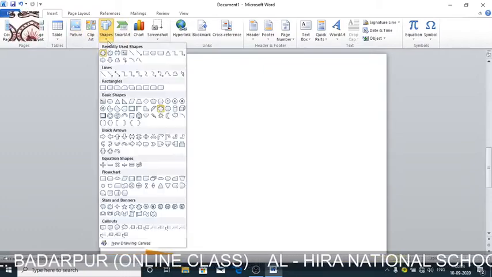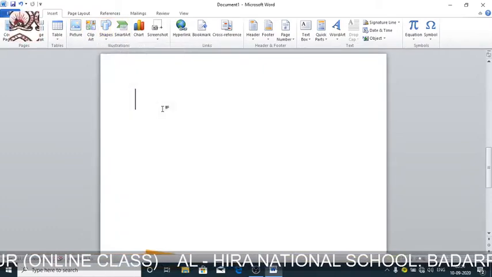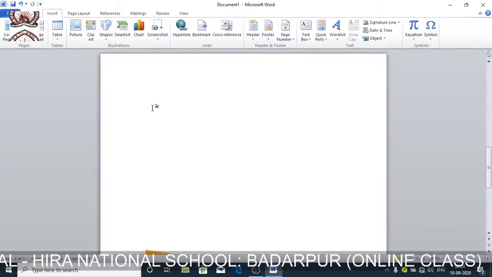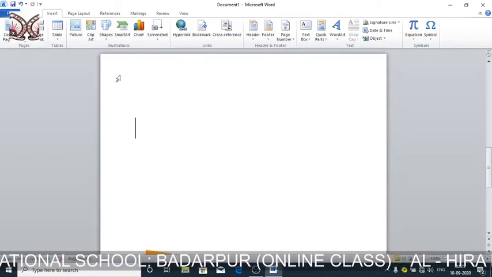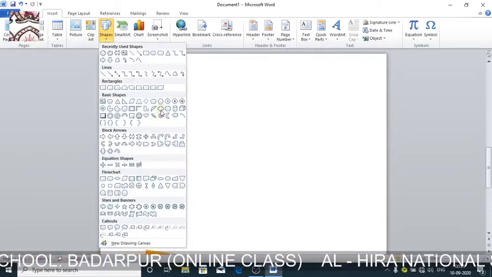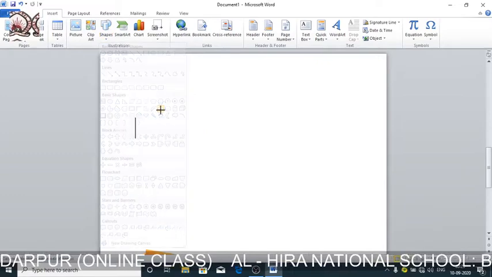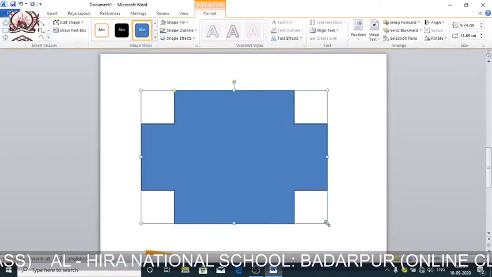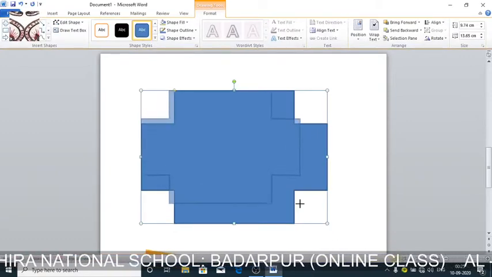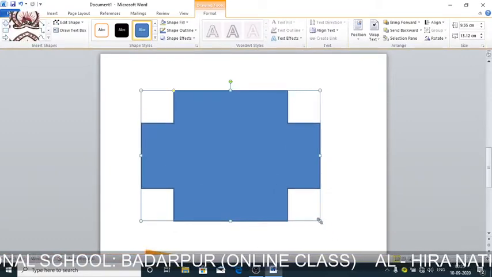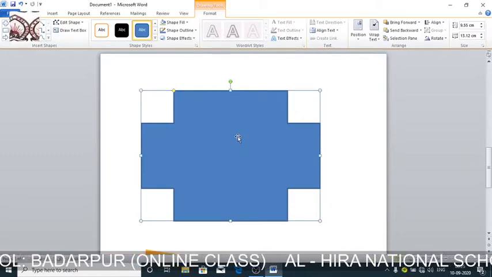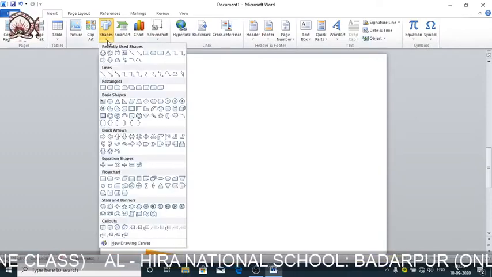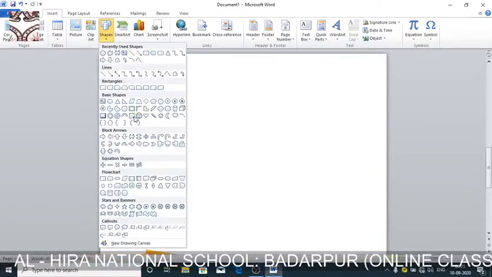See, this is the shape. I clicked on the shape. Then I will just drag the mouse pointer. See, I'm dragging the mouse pointer. Actually the selection is gone. Just click means selected, then I'll just drag it, and the shape will come. We can also resize it, make it smaller, bigger. We can change the color also. Another thing we can do is add some text in a shape also.